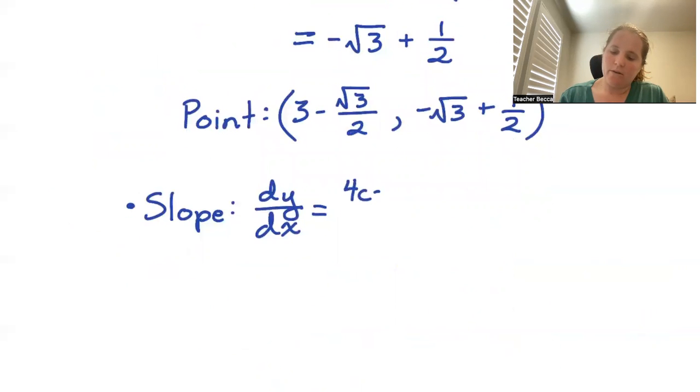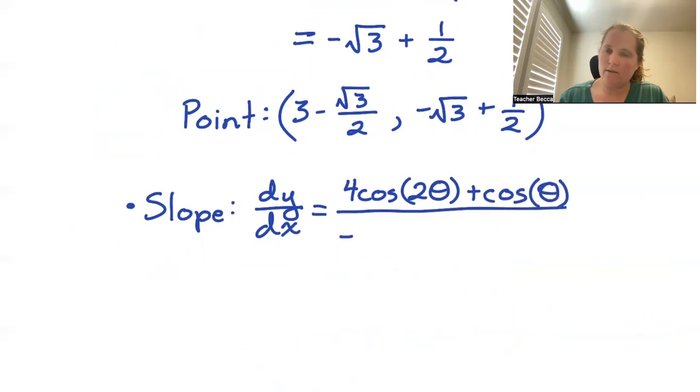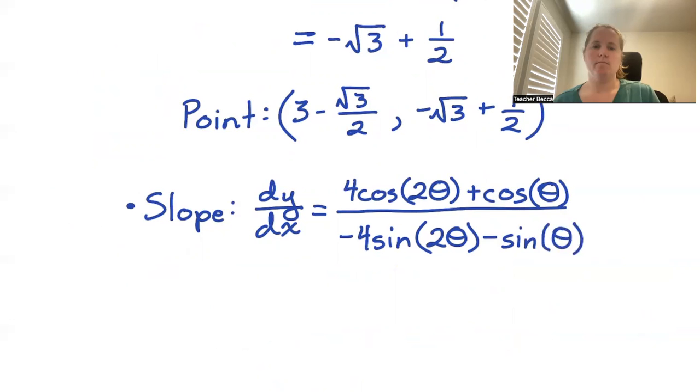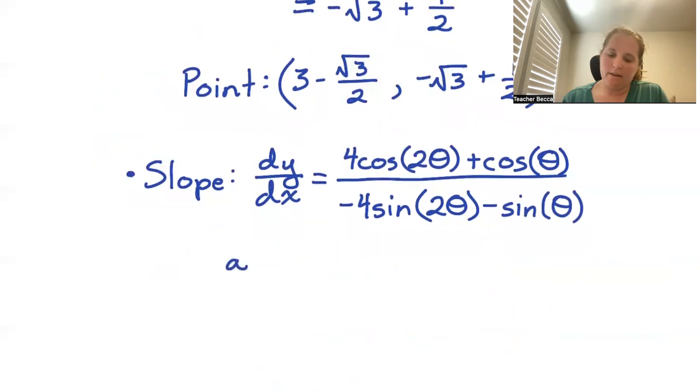So we have 4 cosine of 2 theta plus cosine theta over a negative 4 sine of 2 theta minus sine of theta. Theta equals 5 pi over 6. We have dy/dx